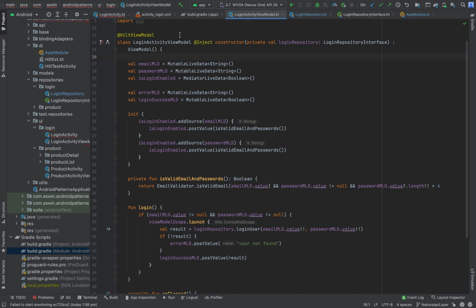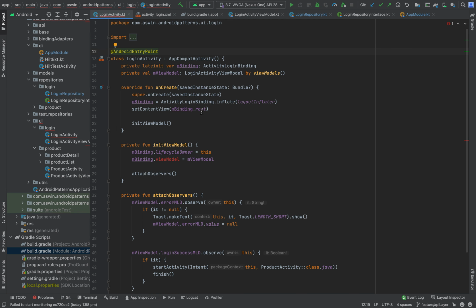That's it. We have created the login feature. If you run the program, it should run and you can see the result.